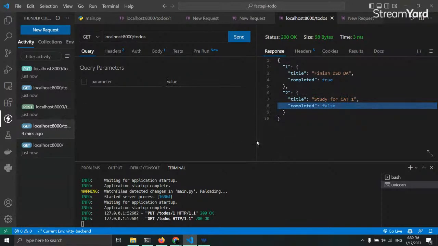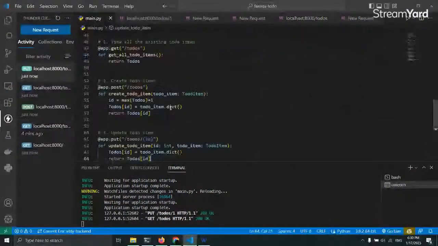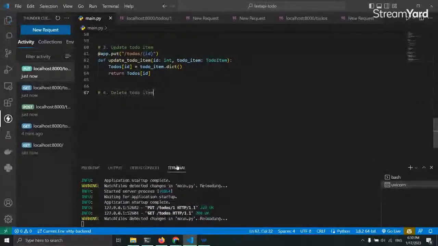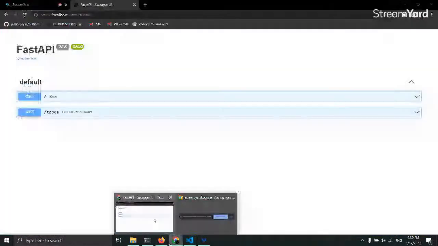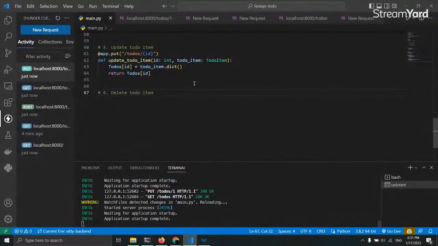Okay, so moving on. Now, suppose we want to delete our to-do item. Then we have to create another endpoint for that using the delete method. So we'll be using delete to-do item. For that, do you guys have any doubts? Let me just check the chat. Okay, no doubts. Okay, so moving back to the code,